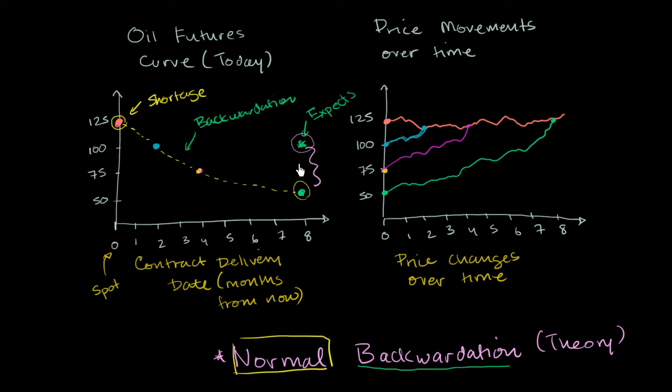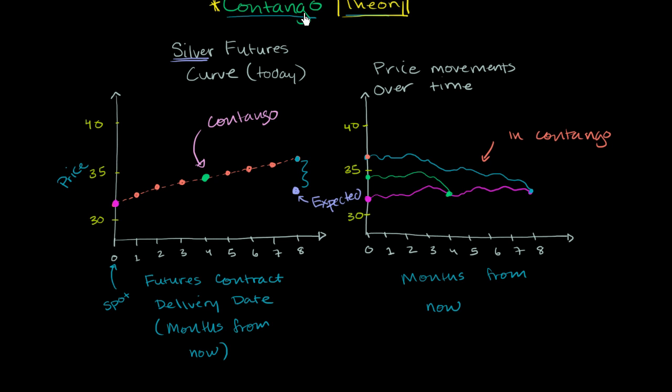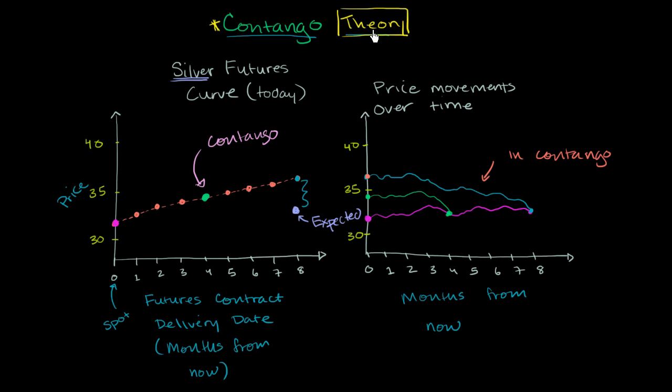And it's really hard to observe in the real world because you actually don't know what the expected price is. So if someone is saying backwardation, they're usually just talking about an inverted futures curve. If someone talks about normal backwardation, they're talking about the idea that the future delivery price is below the market's expected price. I've even seen the word normal contango used when they're talking about contango theory, the idea that the future price would be above the expected price. So contango theory is the opposite of the theory of normal backwardation.